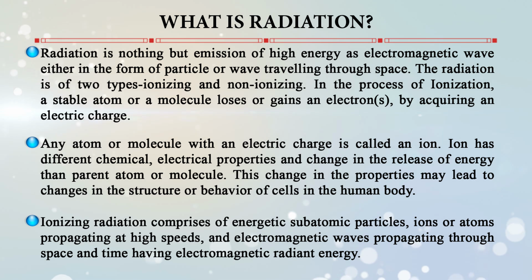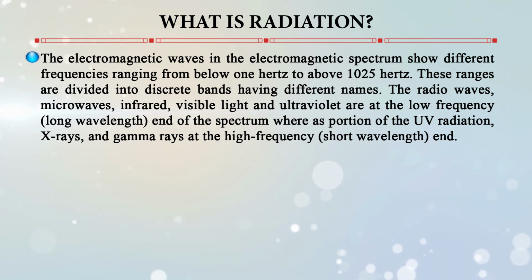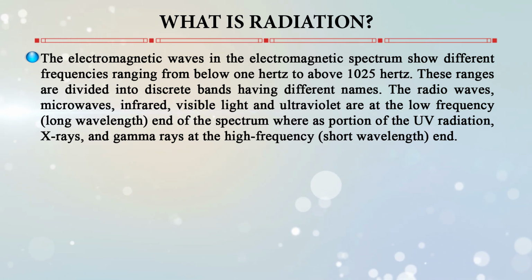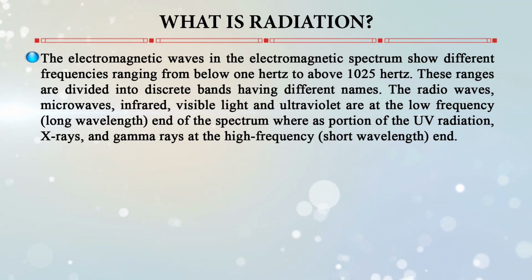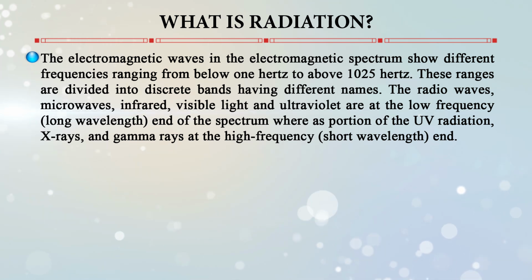So ionizing radiation consists of energetic subatomic particles, ions or atoms, that propagate at high speeds. And electromagnetic waves propagate through space and time, carrying electromagnetic radiant energy. The electromagnetic spectrum shows different frequencies, ranging from below 1 hertz to above 10^25 hertz. These ranges are divided into discrete bands with different names, like the radio waves,